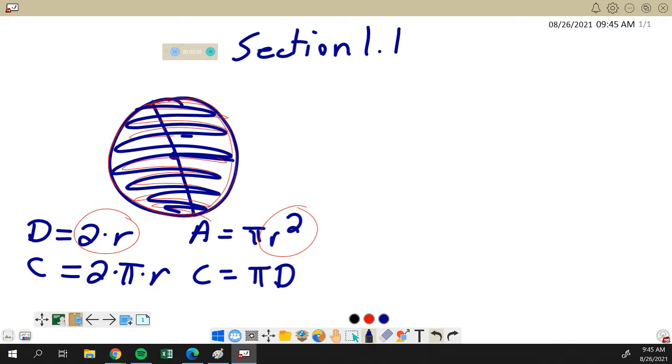So if the radius was, say, 5 inches, then the area would be pi times 5 inches squared. And that would give me 25 pi inches squared. So if you have trouble remembering which is which, just know that area has to be